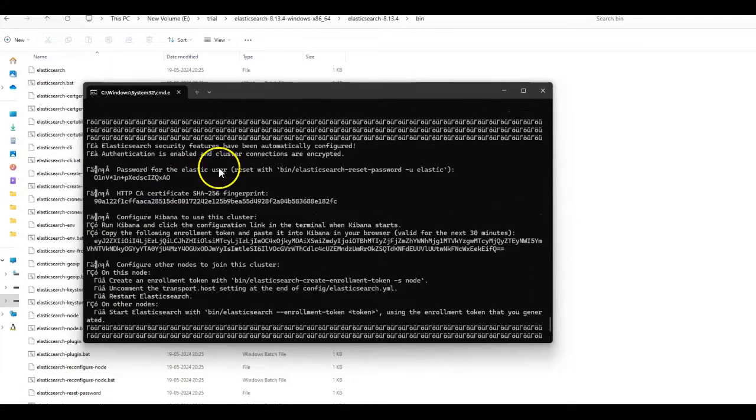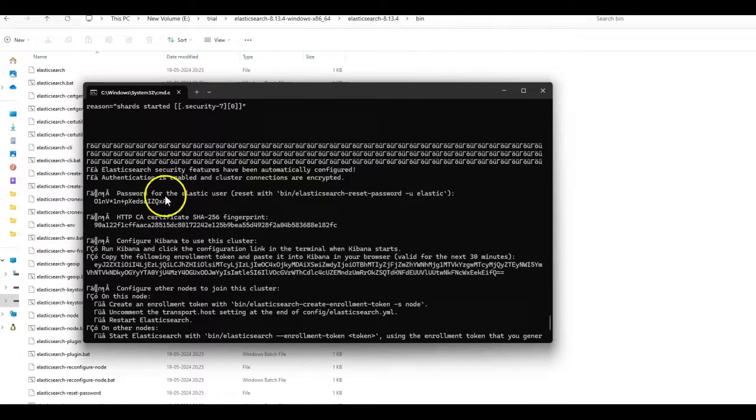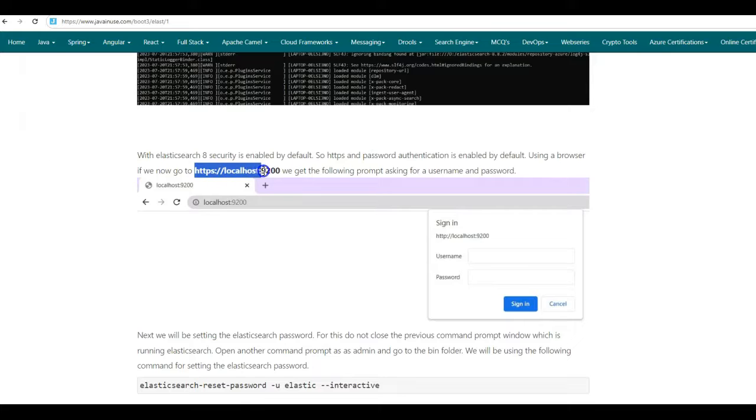With Elasticsearch 8, by default, security gets enabled. So here on startup, it enables Elasticsearch authentication. This is the auto-generated password that we'll need to use if we need to access this Elasticsearch instance. Also by default, HTTPS gets enabled for this Elasticsearch instance. So if you go to this location, https://localhost:9200,